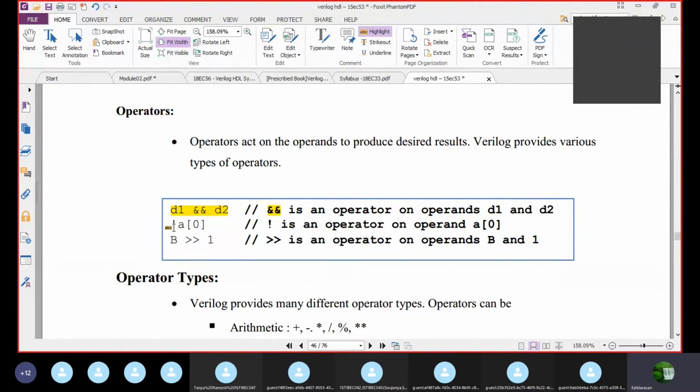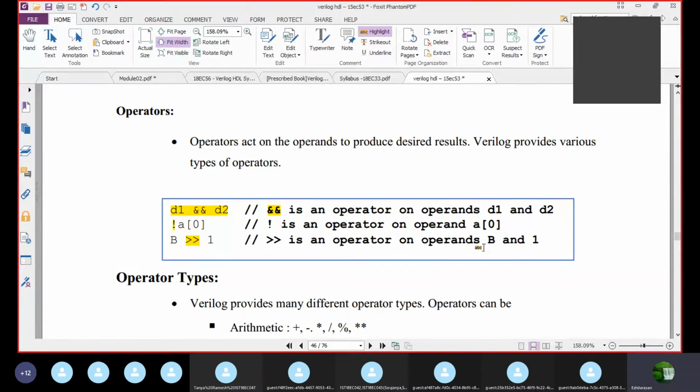Next, the exclamation mark is an operator on operand A of 0. Next, B double greater than is the operator used for logical right shift. B shifted right logically by 1 bit, so this is an operator on operands B and 1.